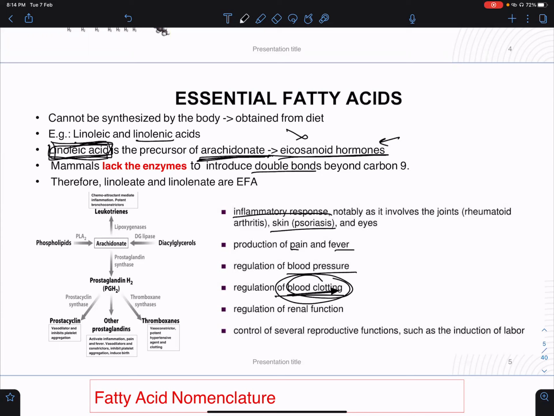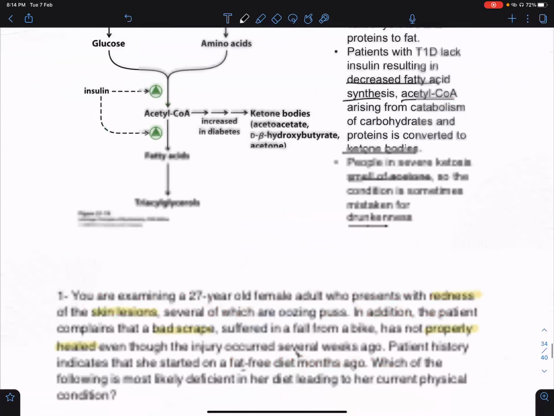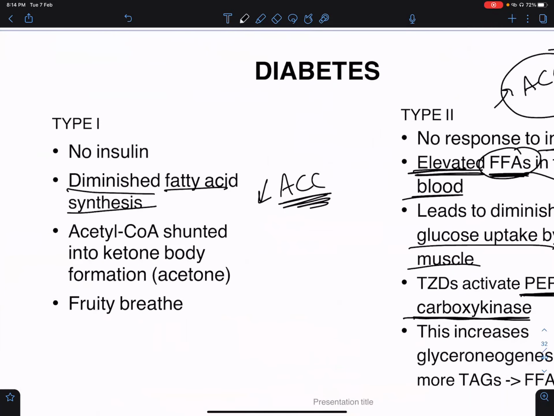Okay, any other questions? Can you repeat the last part about the ketosis? Yes, sure. The diabetes? Yes. Okay. In the first one, we said in type 1 diabetes, we don't have insulin production. So if we don't have insulin production, there's diminished